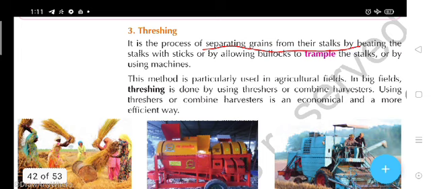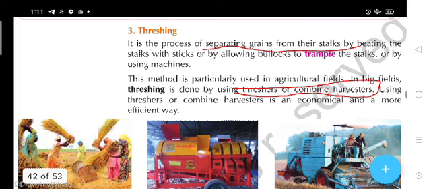You have to remove the grains from the stalk by this method, and this method is particularly used in big agricultural fields. Threshing is done by using threshers or the combined harvester. Combined harvesters and threshers are the machinery helpful for the threshing process.